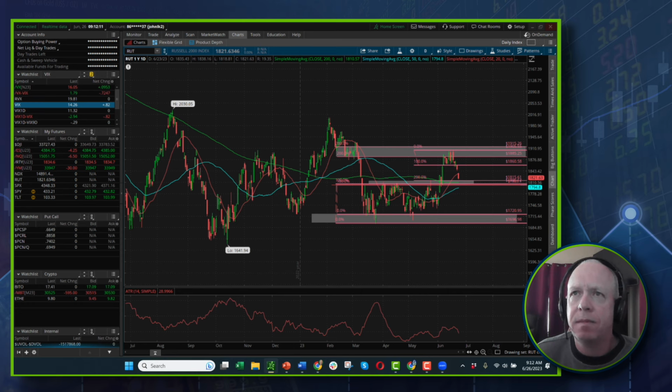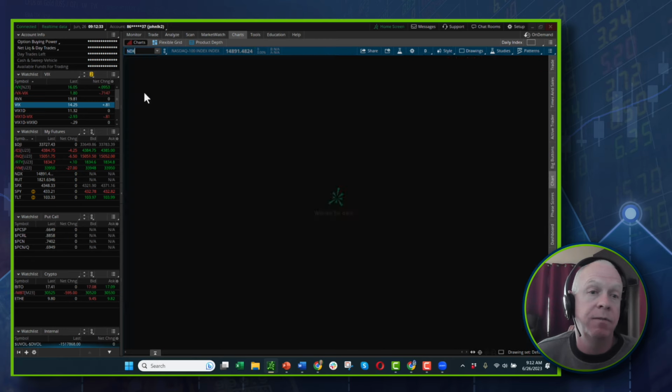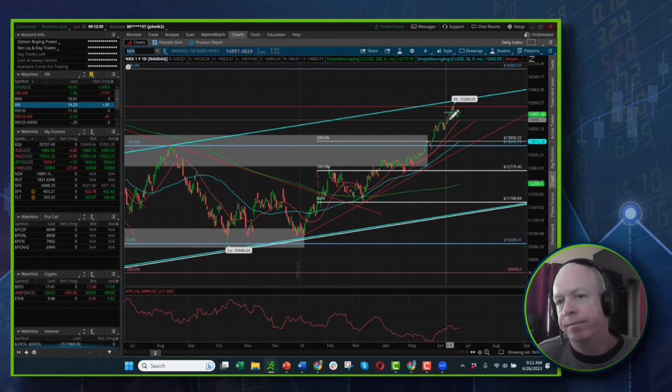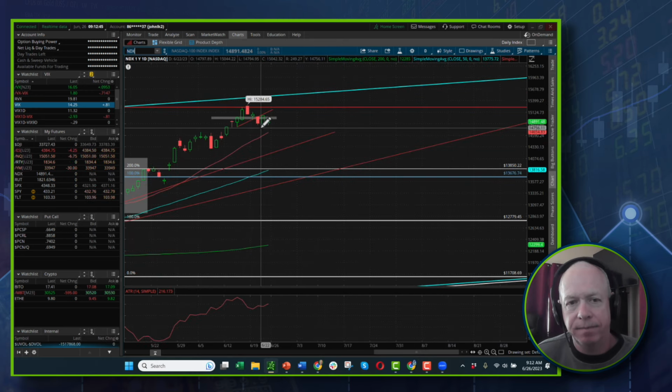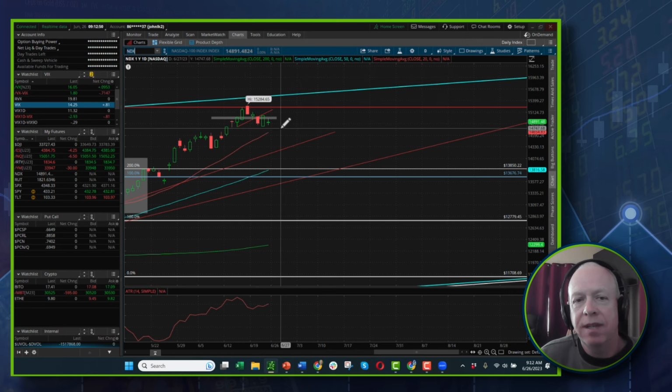And a question here: with the expectation that RUT will bounce from the support zone, how would you measure the possible bounce targets of the upcoming bounce? I would look for the leaders for that. So this is likely to come down into here. It's likely to bounce. The size of that bounce, or whether it's going to bounce at all, is very related to what's going on here, right? So if NDX runs up, right? Let's say the depth of the NDX pullback is going to determine how high it's going to go later. So let's say this is the bottom of the pullback.